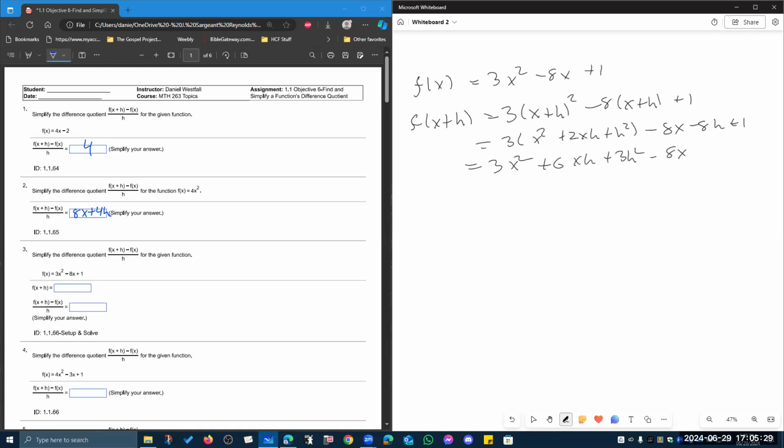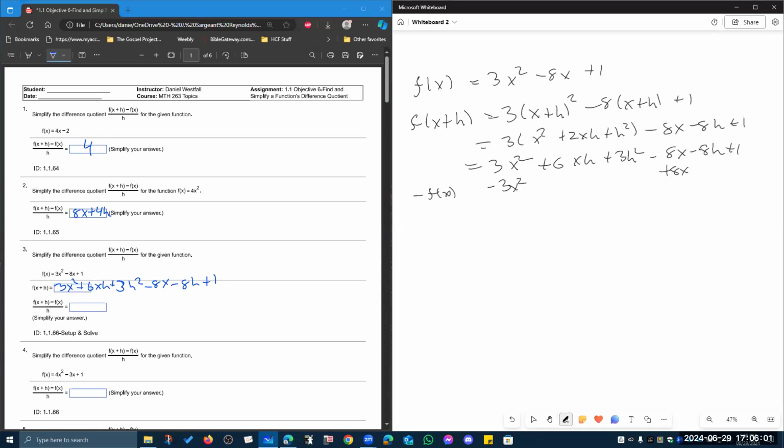So there's your f of x plus h. That goes in the first blank here. Okay, from that, we're going to subtract the original. So minus f of x, change all the signs on the original,